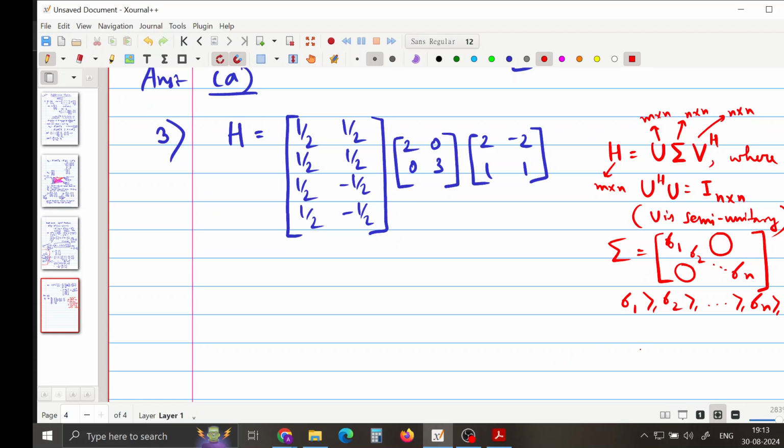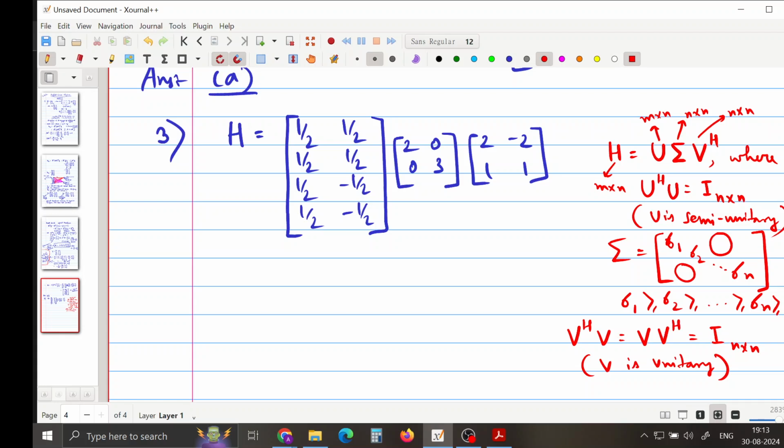And finally, what about V? V should be satisfying this condition, and since V is square, it will be unitary, actually it's fully unitary. So V Hermitian V is equal to V V Hermitian is equal to identity. Okay, so V is unitary, and as I said,